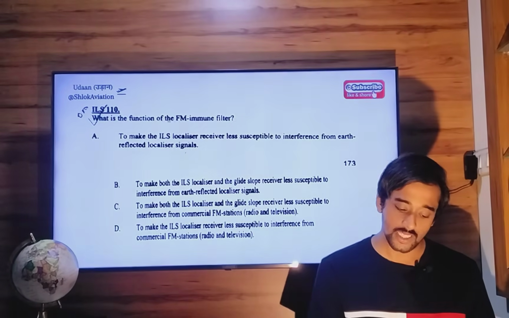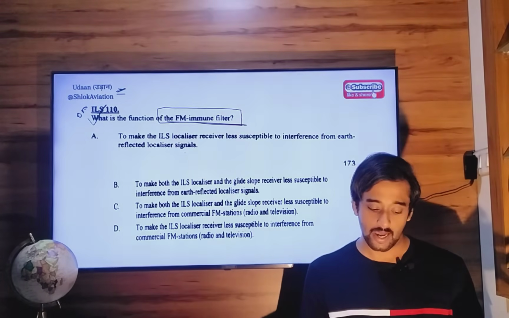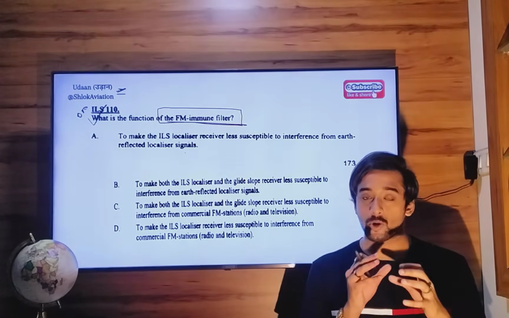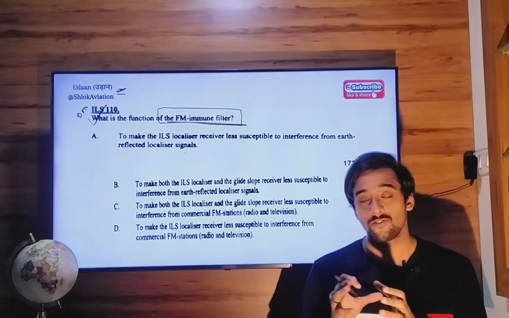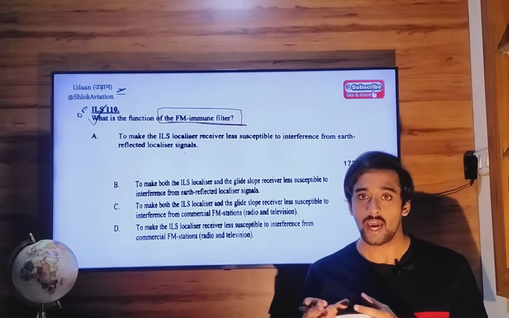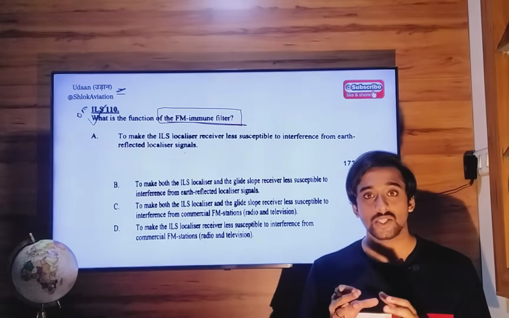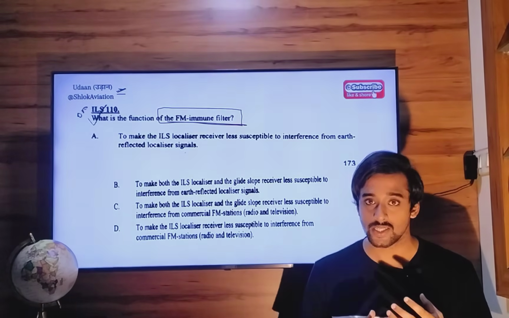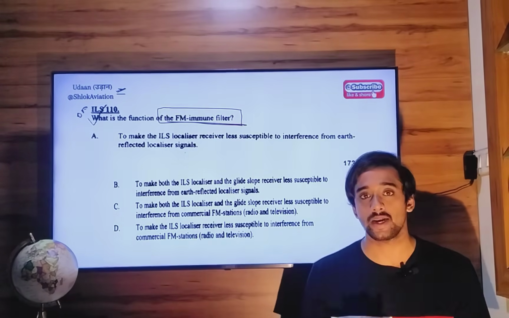What is the function of the frequency modulated immune filter in an ILS localizer? Now you must remember that this frequency modulated immune filter is what protects the ILS localizer frequencies from interference happening from FM radio stations. Now these FM radio stations have their main carrier frequencies modulated by frequency. That means the main carrier frequency is frequency modulated. In the form of these variations in frequencies, they superimpose information on this frequency modulated radio